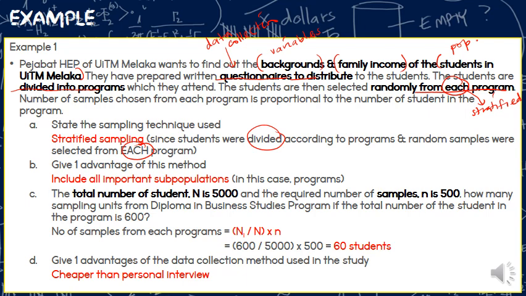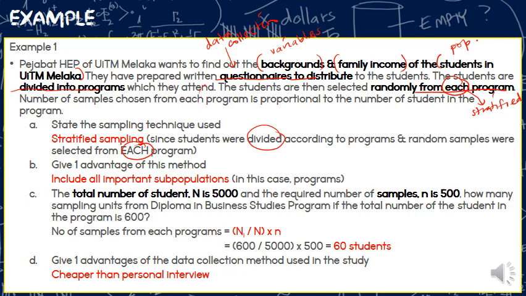So, how many sampling unit ataupun how many respondent from diploma in business studies program if the total number of student in the program is 600. So, bila pakai stratified sampling, kita nak proportionate. Kalau kumpulan itu besar, wakilnya ramai. Kumpulan itu kecil, wakilnya sedikit. So, dia kata daripada diploma of business study ni,